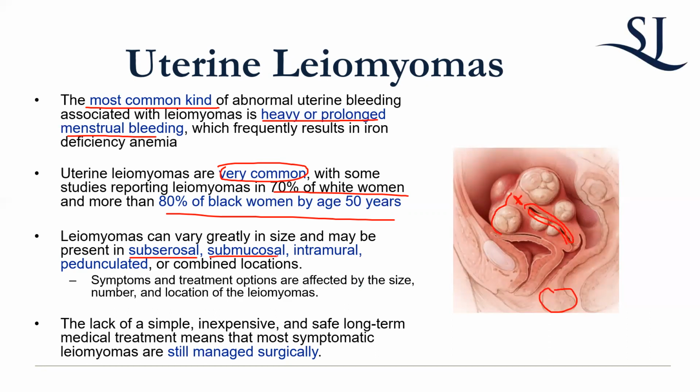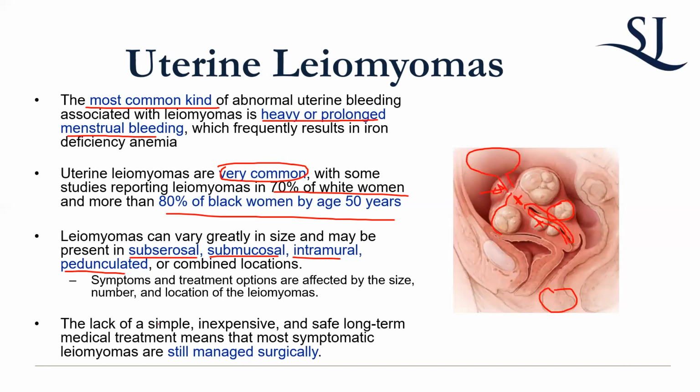You could have submucosal fibroids, which are in the actual cavity itself, which this would be an example of. And intramural is when it's only in the myometrial wall. So that's an example here. Pedunculated, meaning that it's on a stalk. So sometimes you have a subserosal pedunculated fibroid that looks like this, right? Because you have a stalk here. That could also be in the cavity. Then you have a pedunculated subserosal.